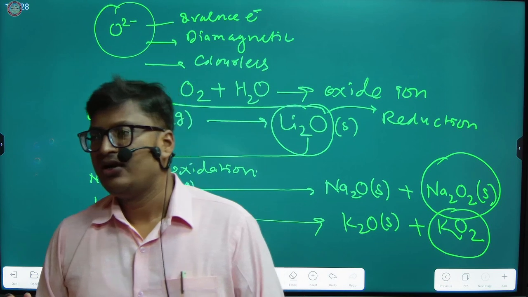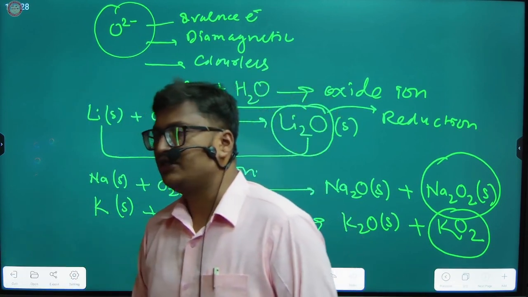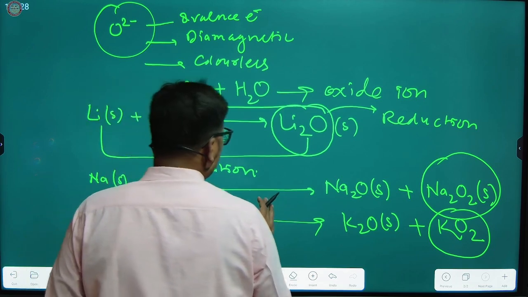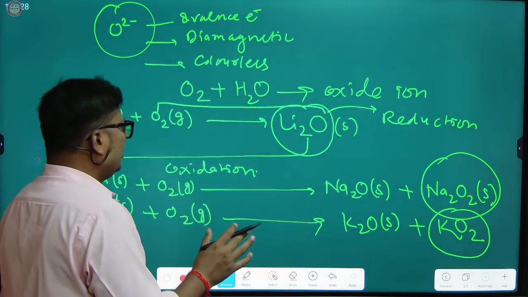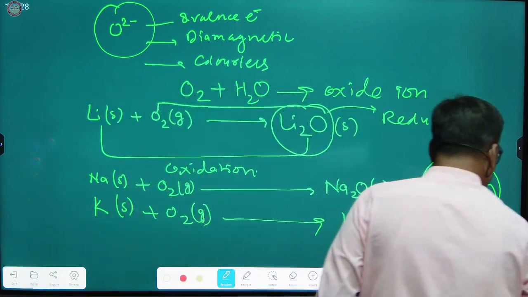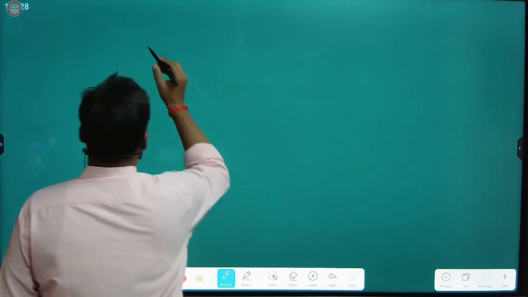In spite of formation of oxide, they form superoxides, they form oxides, they form ozonides, depending on the concentration of oxygen or air in the reaction media. Okay, so suppose all metals form like